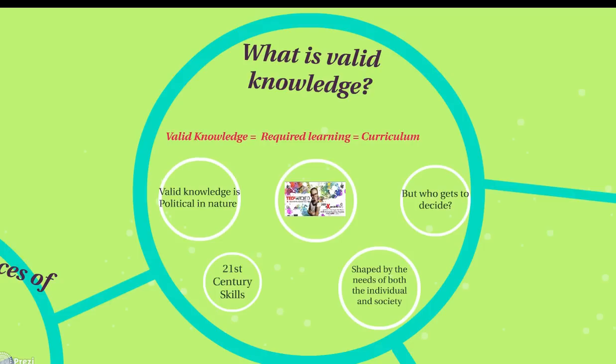There is a lot of pressure on curriculum developers to get it right, because we need to teach our kids the skills and knowledge they need to succeed in the 21st century. But many argue that the basics of reading, writing and arithmetic that have been the focus for all of schooling are still the most valid knowledge, and that is what needs to be taught, while others argue that the most valid knowledge is actually these 21st century skills like autonomy, inquiry learning, divergent thinking, collaboration, and customized learning.